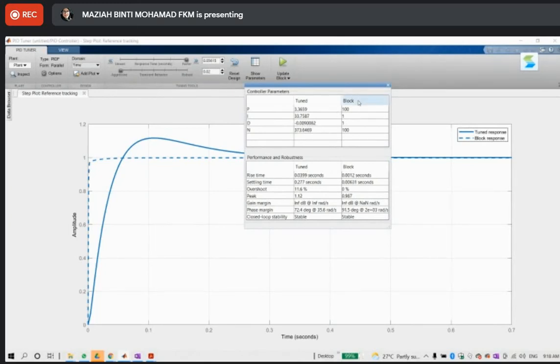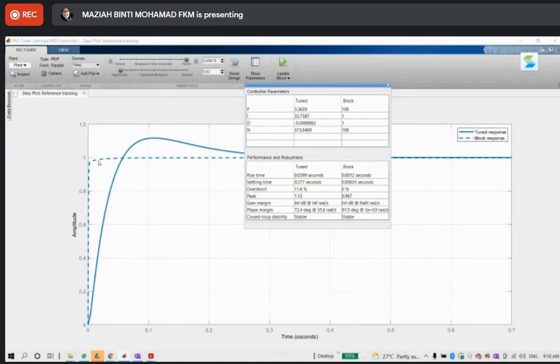And this is the one that we choose: 100, 1, 1. If you compare the performance between the parameters that we choose and the tuned parameters,